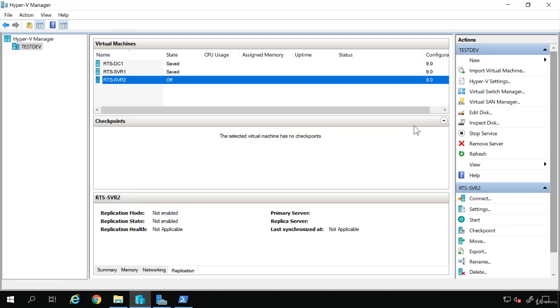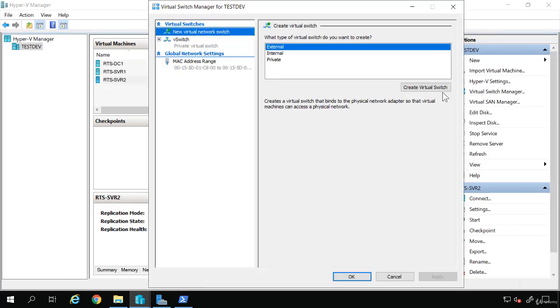Now to create the virtual switches, in my Hyper-V manager, I'm going to go to the virtual switch manager. Now I have the one virtual switch we created earlier, which I named vSwitch. But when I create a new virtual switch, and you can create as many as you like, it'll ask you what type you want. External. With external, it says create a virtual switch that binds to the physical network adapter so your machines can access